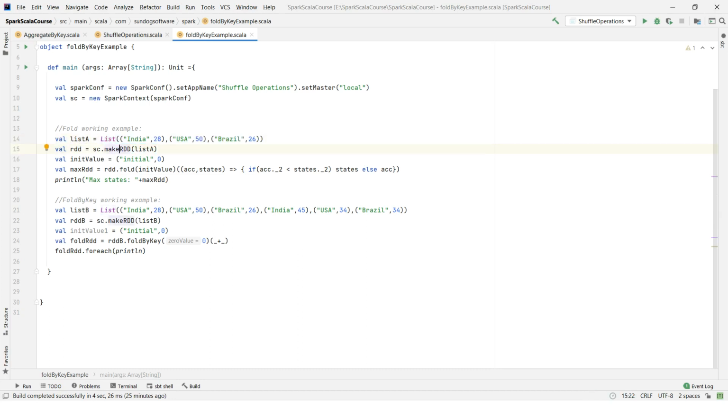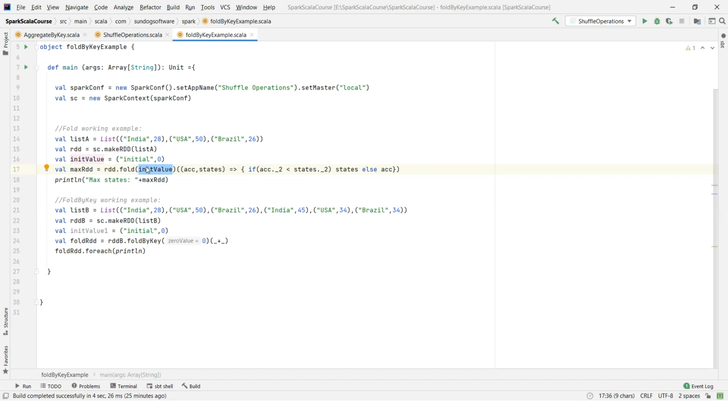So coming to here, I have created a list. Here I am trying to get the maximum of the given input values. I am adding that list and creating an RDD, and I am giving the initial value as 0. Then I am applying fold on top of the RDD. Usually we use fold when, for example, in an RDD we want to perform a particular operation between two columns.